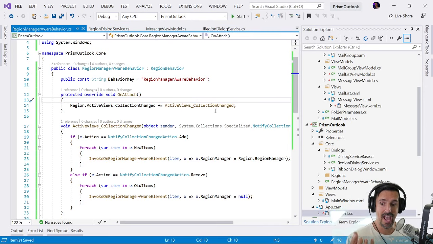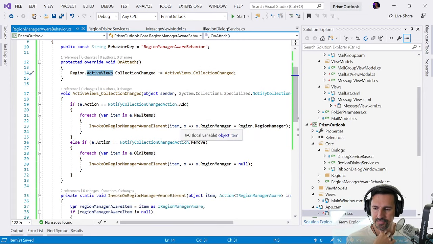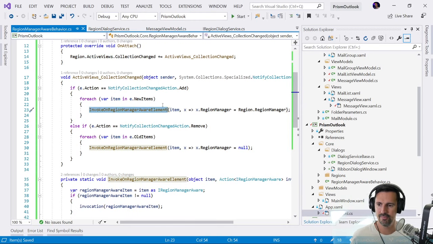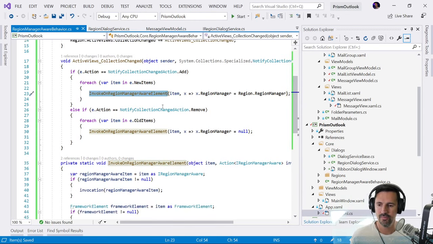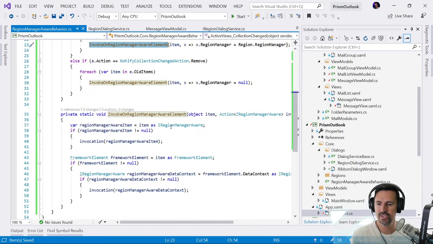Now, we hook it to the active views collection changed event. Now remember, the active views are only the views that are rendered on screen. This doesn't encompass all of the views in the region. You could have 20 views in a region, but only one visible. Okay, so active views collection changed, and then whenever we change the current active view, we're going to first check